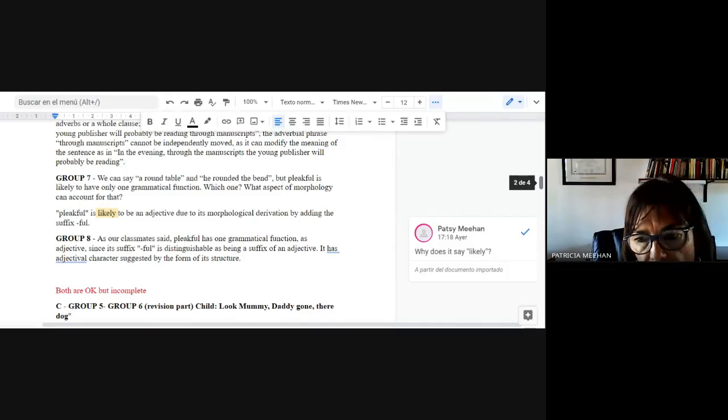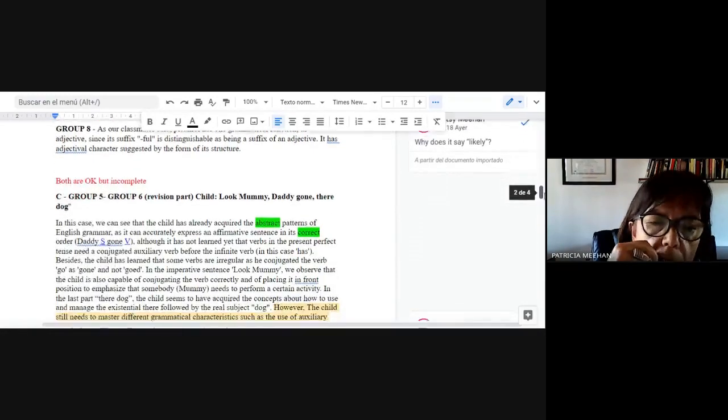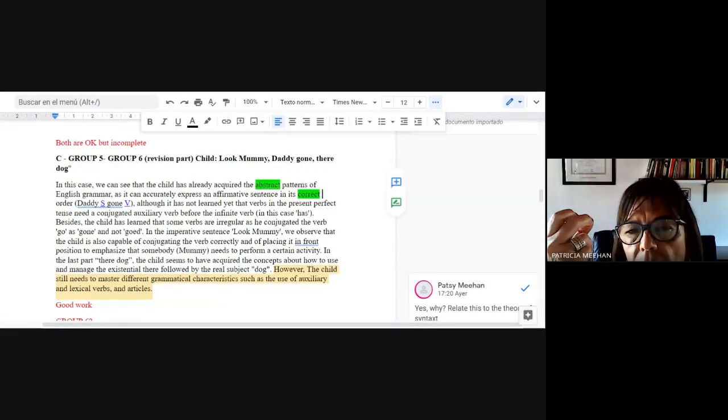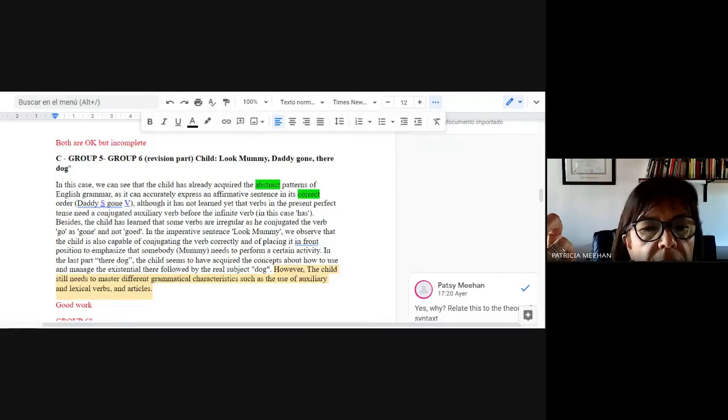Okay, let's see if there's something else worth mentioning. These words in green mean that you're not using the exact metalanguage. Of course, this is just the beginning of the year, but it's good to bear that in mind from the very beginning. For example, in this case, we can see that the child has already acquired the abstract patterns of English grammar. Abstract pattern? Which is the correct word? Which pattern has the child acquired? Not abstract pattern. Which would be the adjective? The basic pattern. The innate, built-in patterns, the basic patterns, the built-in patterns of English grammar,